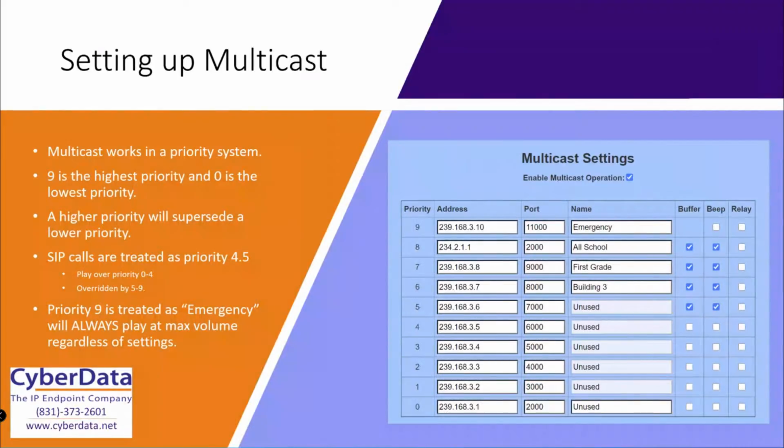So next we get to setting up multicast. So as I was saying, multicast is an extremely powerful feature to go and make pages across multiple endpoints simultaneously. So as we have pictured here, I've got 4 different groups configured. We've got the topmost group, which is priority 9, listed as emergency. Emergency works a little bit differently, and we'll cover that after we cover everything else, just to kind of explain the volume